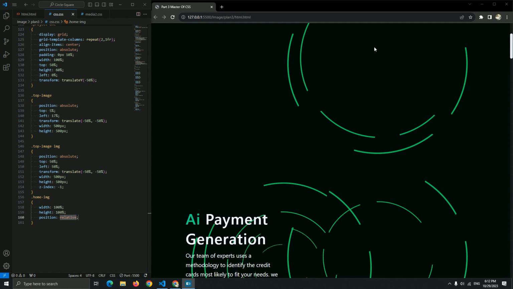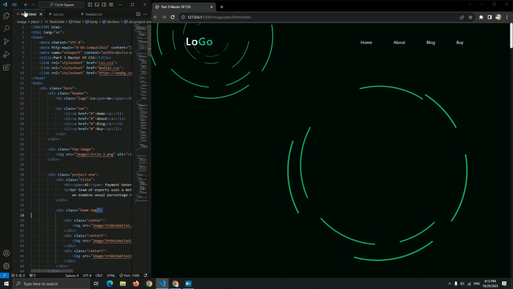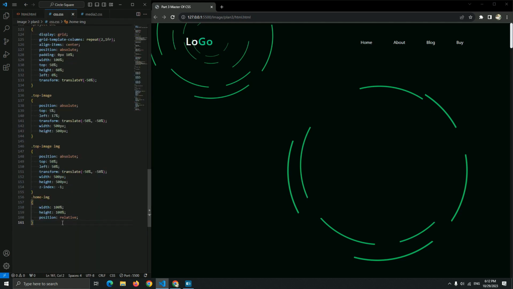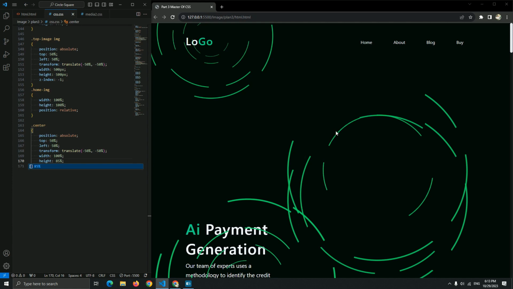Now let's create a center and set the width and the height for every image of this center that we added here. So first let me just add a center to style it, and let me add the position absolute, or you know what, let me just copy this, paste it here to be a center of this home image, as you can see right now. And let me set the width 100% and the height 85%. Here we go.